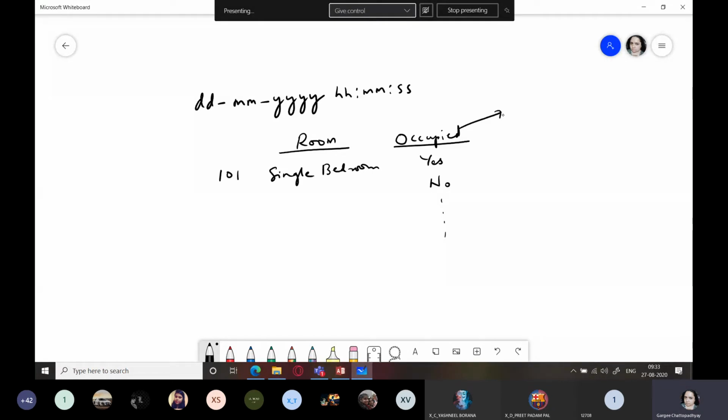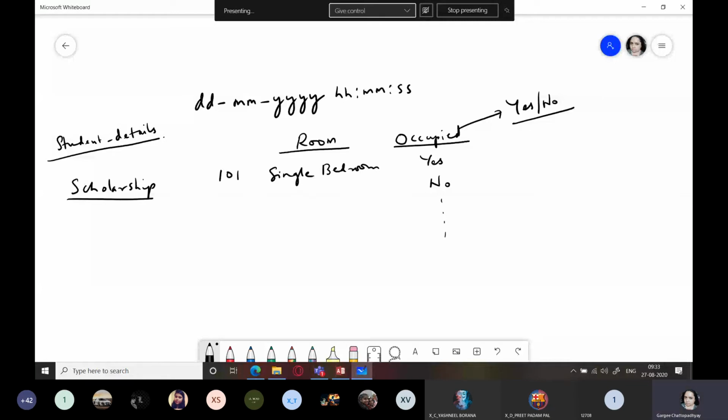I'll give one more example. You have a student database, and within that you have a table named student details. Now there is a field named scholarship.